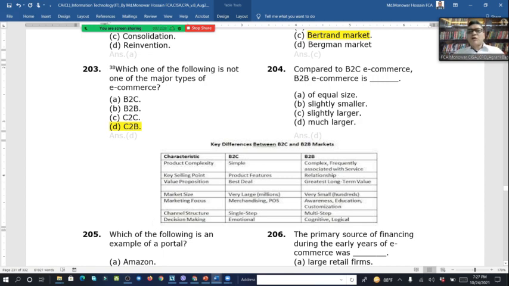Another one: compared to business to consumer e-commerce, business to business e-commerce is, because of size, slightly smaller, or if we compare, slightly larger. So here the answer is much larger. Compared to B2C e-commerce, B2B e-commerce is much larger. So here business to consumer